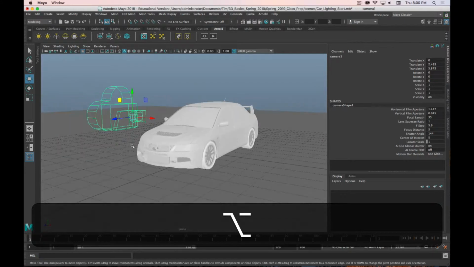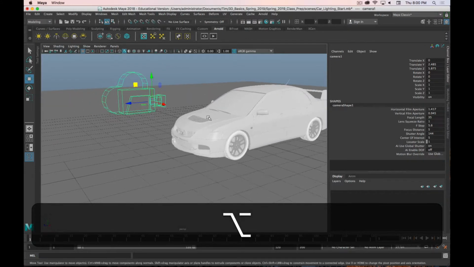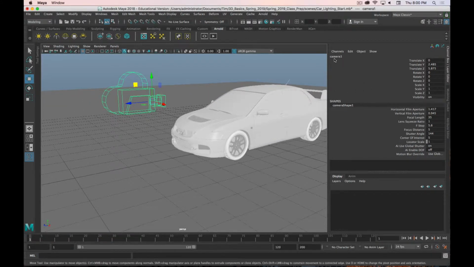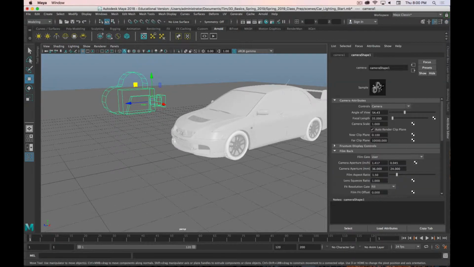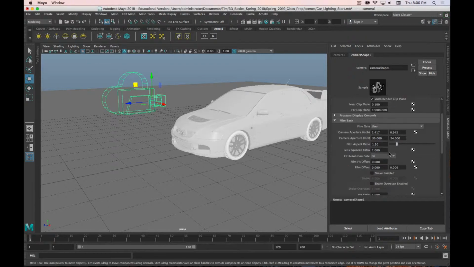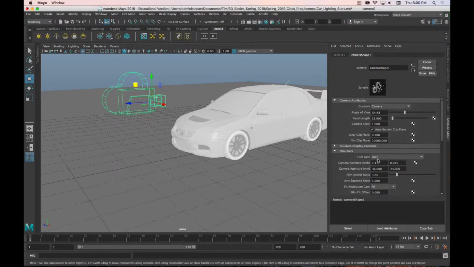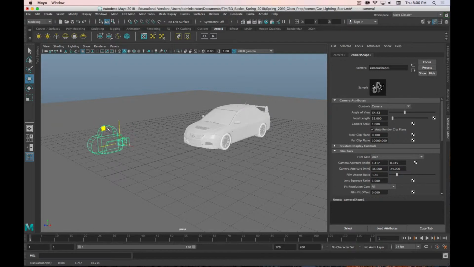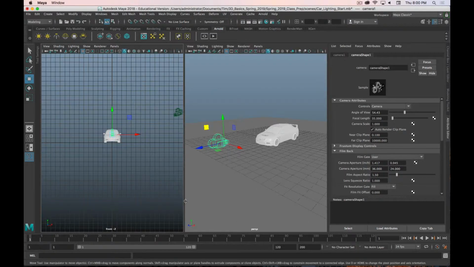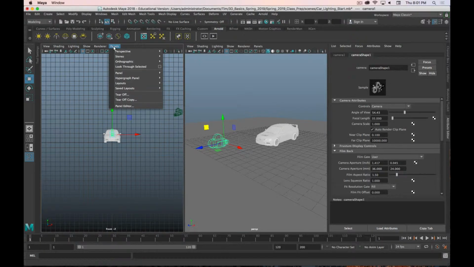Here it is in the scene. It looks like a camera, which is helpful. By default, it is called Camera 1. And I'm going to go to the Attribute Editor, and we've got a bunch of options. So we'll take them one at a time and hopefully start to make sense of this. What's also going to be helpful, though, is I'm going to split my view here. And on the left panel, I'm going to set the perspective to Camera 1 so we can see what